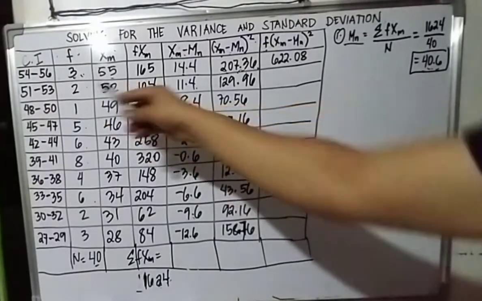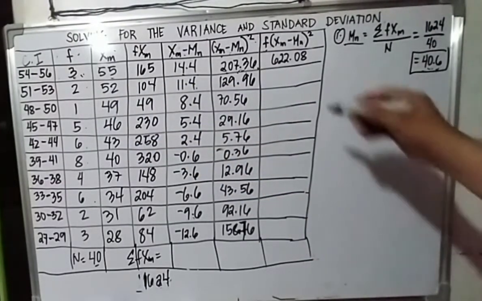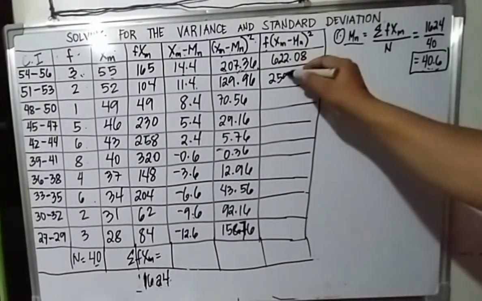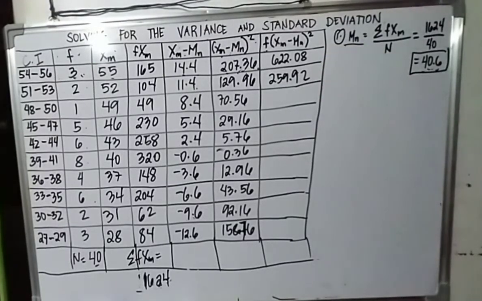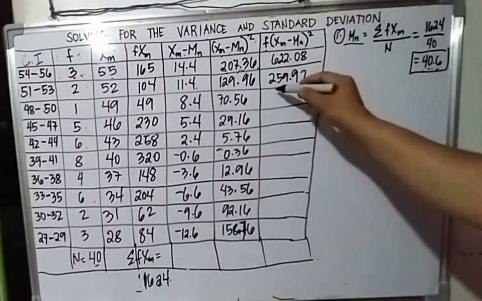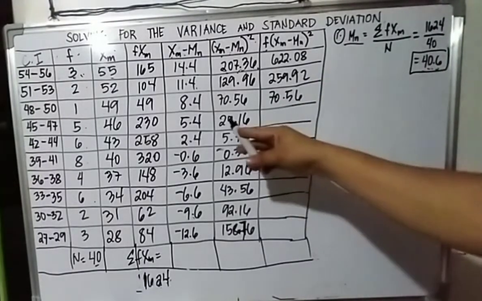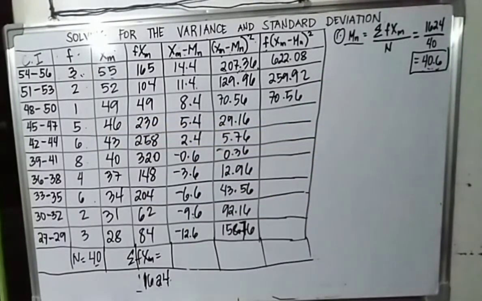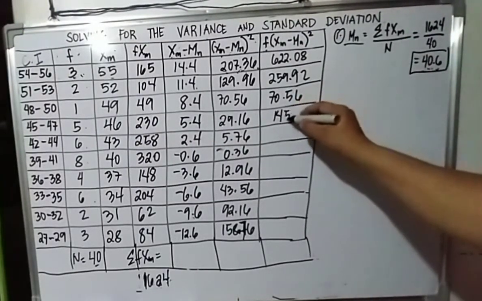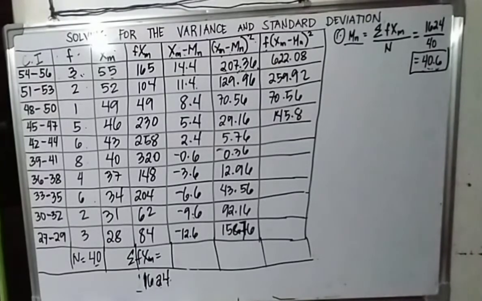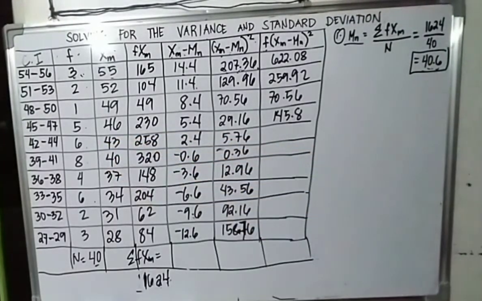Next, 2 times 129.96, the result is 259.92. Next, 1 times 70.56, so the result is 70.56. Then 29.16 times 5, the result is 145.8. Next, 5.76 times 6, that is